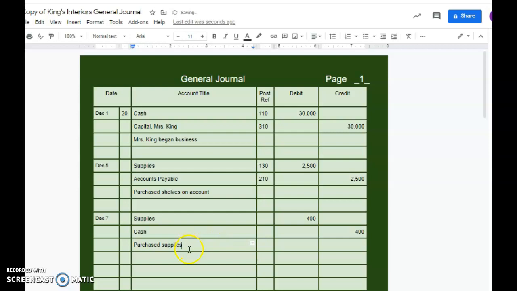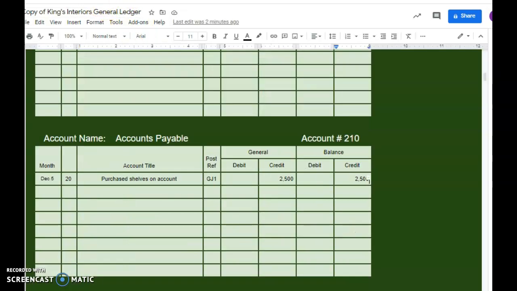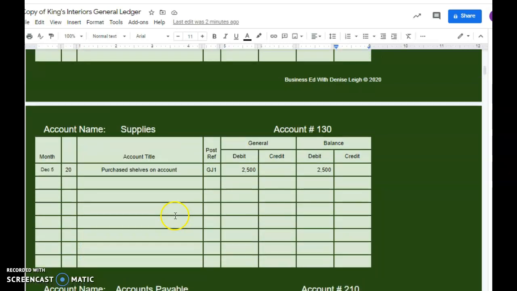Now, if you just say purchased supplies, you know that's going to be cash. If you say on account, you know that's going to be accounts payable. So you don't have to say purchased supplies for cash here. You can just say purchased supplies. So let's go to the ledger and enter this. Now we're going to go back to supplies. And this one is December 7th. And we can just say